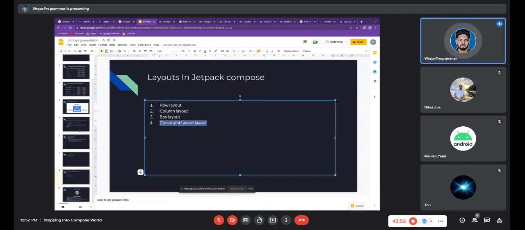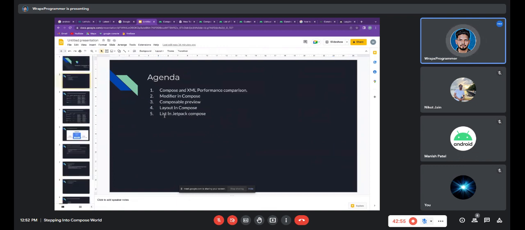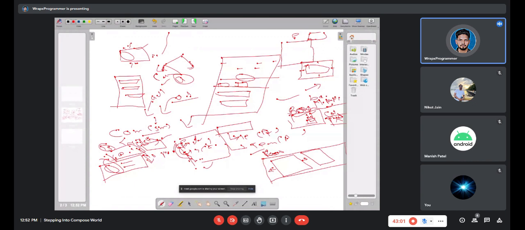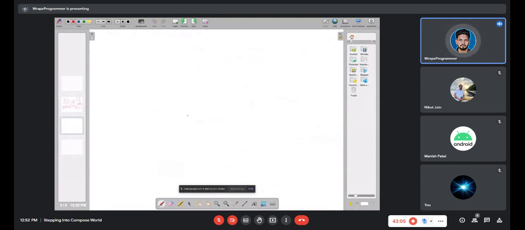After that, we are left with Jetpack Compose lists. In lists, it's the same as the layout we have, right? But we have lazy layouts. Everything is lazy. We don't have a RecyclerView or ListView right now in Jetpack Compose, or it's not needed because